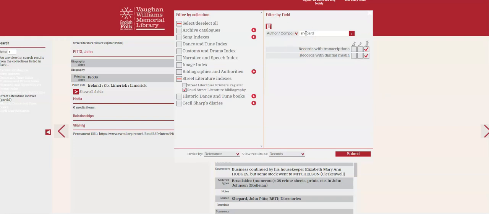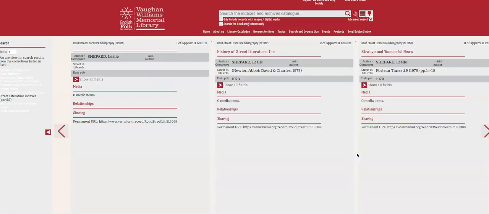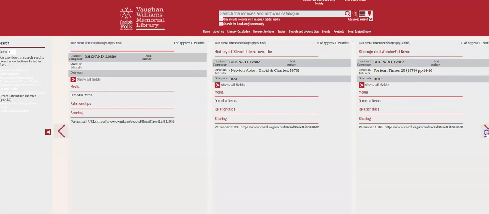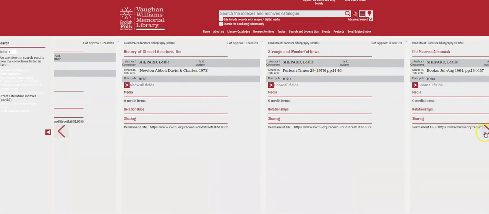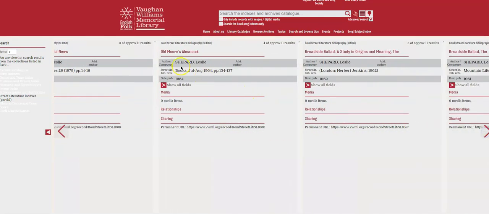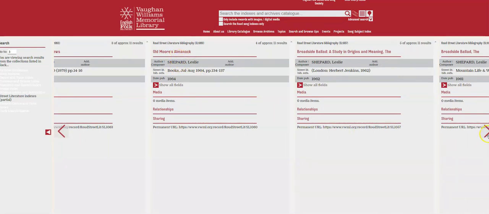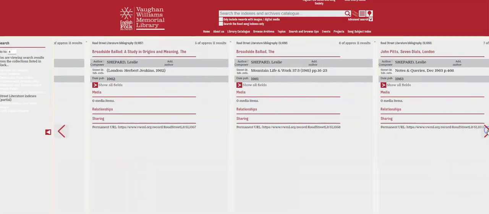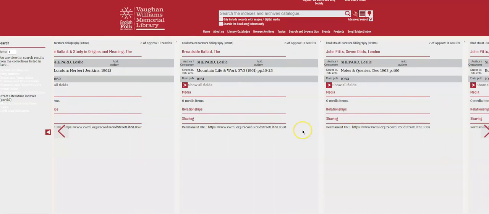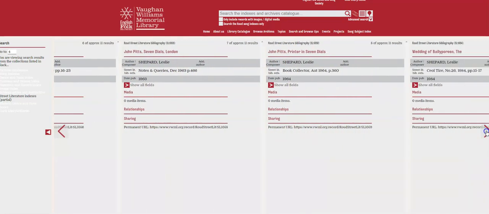So Leslie Shepherd, one of the leading scholars in this field, who died about 16 years ago. So these are books or articles written by Leslie. There's Strange and Wonderful News in the Fortean Times, article on Oldmore's Almanac, and the only thing that makes this slightly different is that if, for instance,